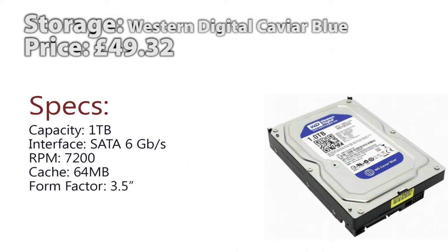Ooh, the large bit now. Western Digital Caviar Blue 1TB. This is the hard drive I went with. Obviously, like I said, it's a budget build, so we're not going to do SSD. But yeah, this has got 7200 RPM, and for 1TB, that is just huge for a budget build at £49